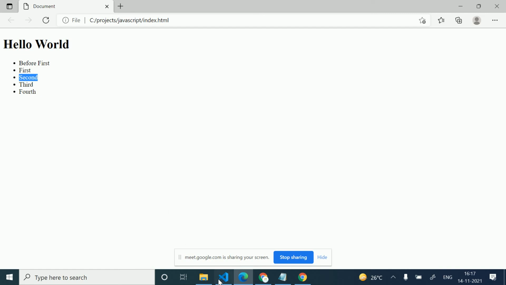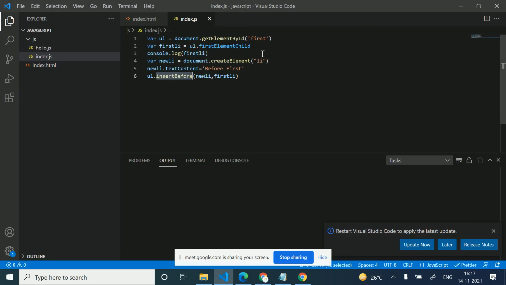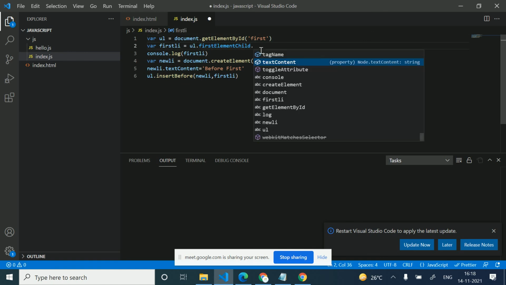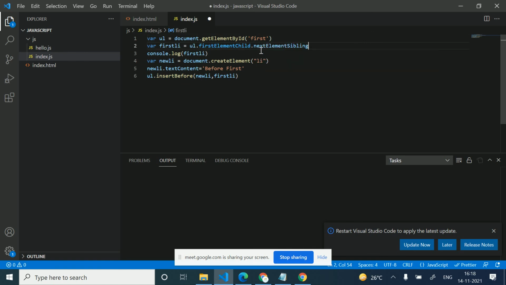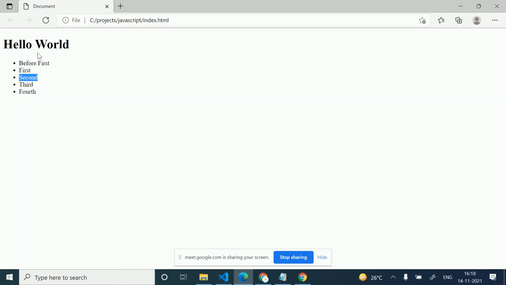So I'm just changing this here to nextElementSibling. First I'm going from the ul to the first element, then to its next sibling, and then inserting before this second. Now the new item is the second element of the ul.